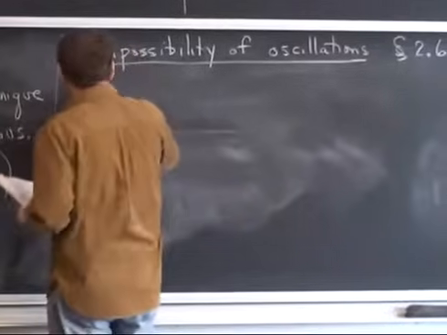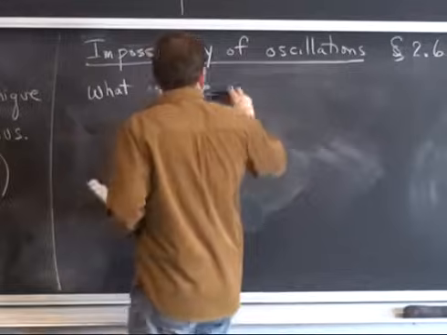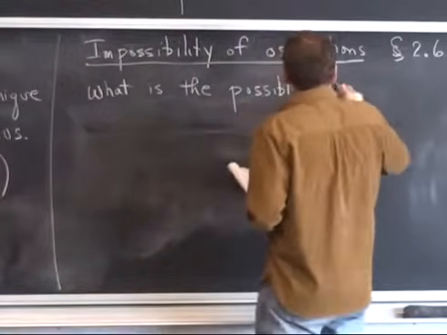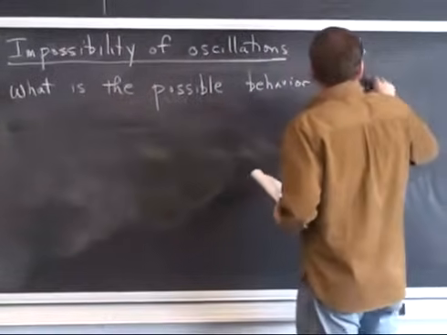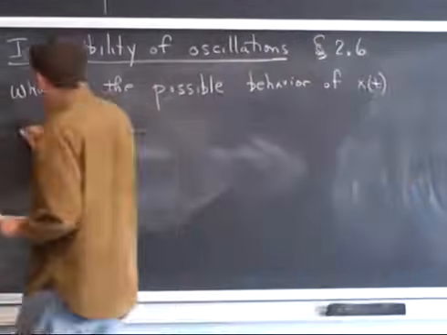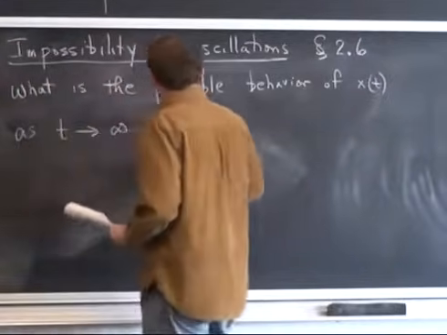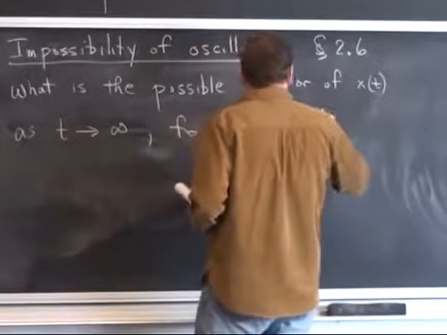That is, if we ask what's the possible behavior of x of t as t goes to infinity for these 1D systems, x dot equals f of x,